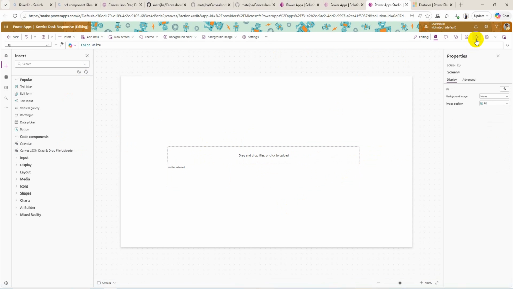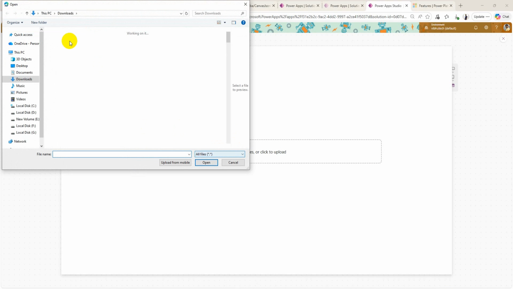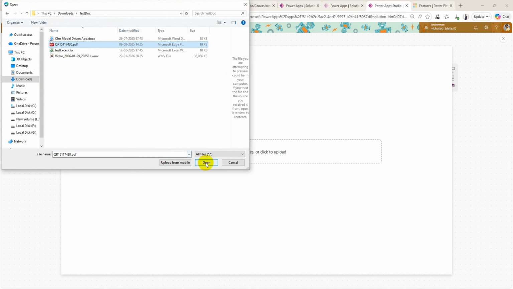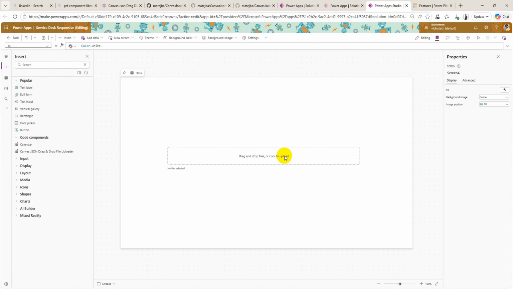Now we will do the testing. So here if you can see, let's add the file. Yep. So I'm going to attach this PDF file. Oh, it's saying no more files can be added, maximum number of files. Okay, so we need to set the file